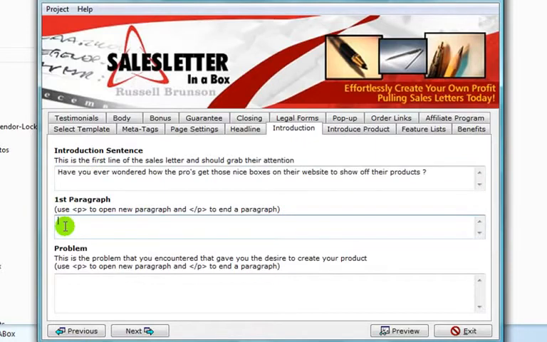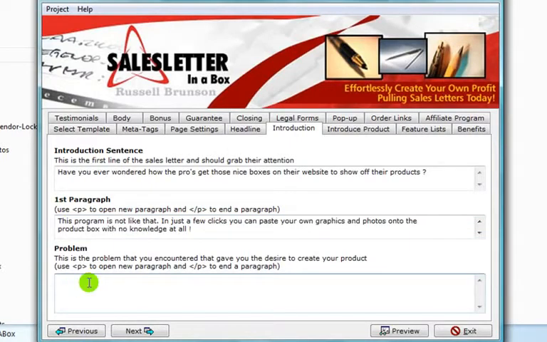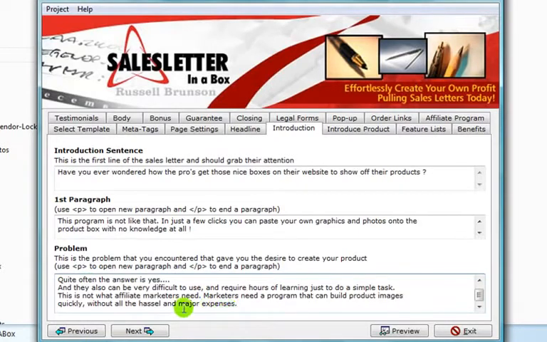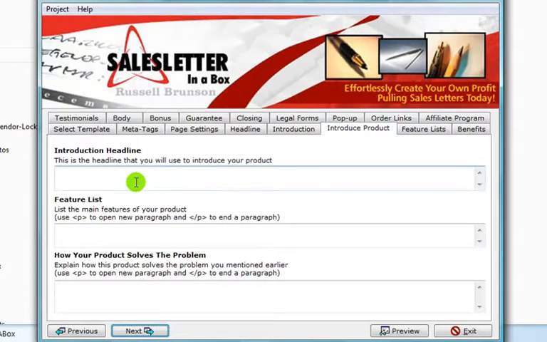And your first paragraph, you're going to address that first question a little bit, but not with much detail. You're just going to make them think about it a bit more. And then the problem, you're going to ask a question here again, or present the problem that your product is going to solve. Okay, and then once you've addressed your problem, you go ahead and click next,